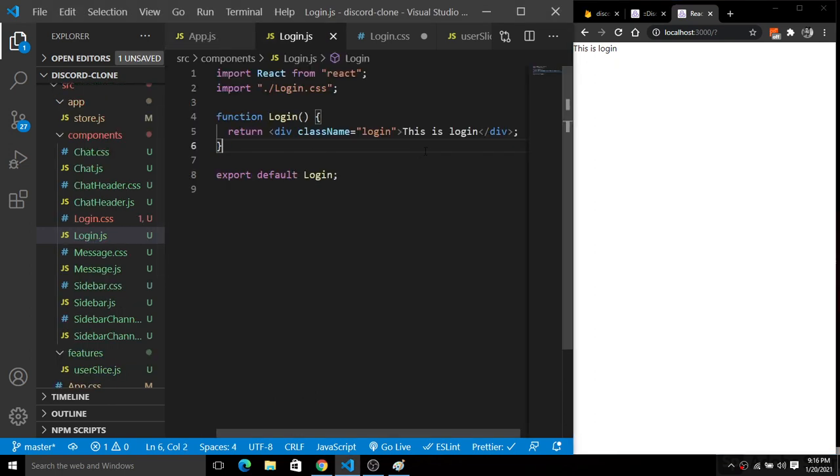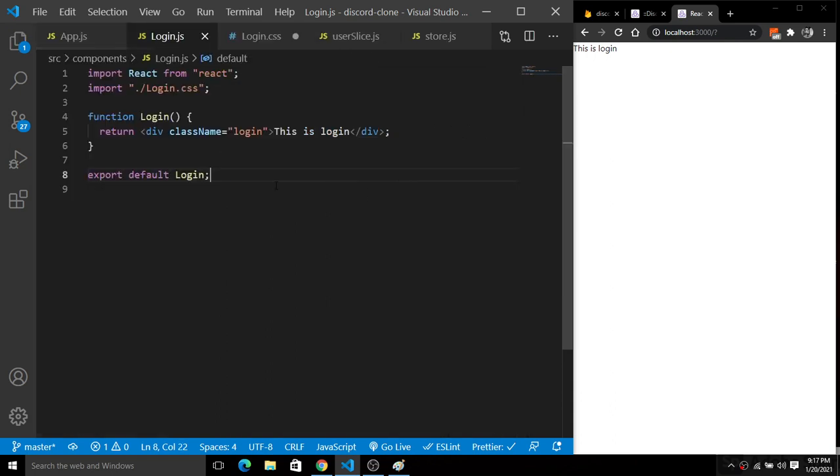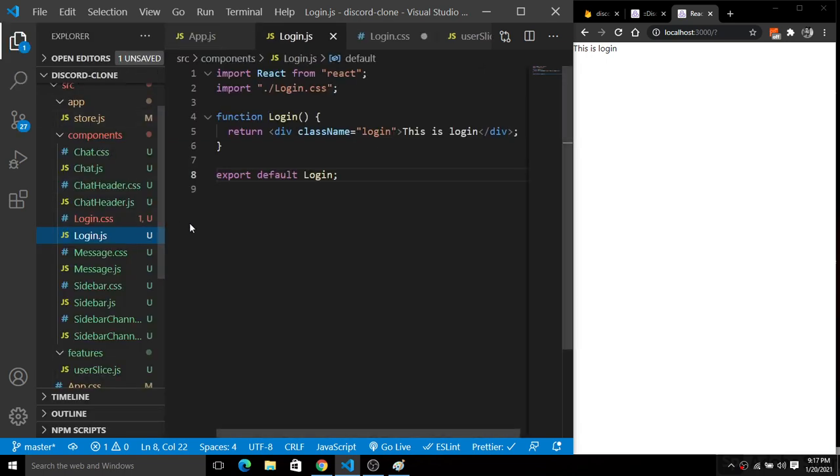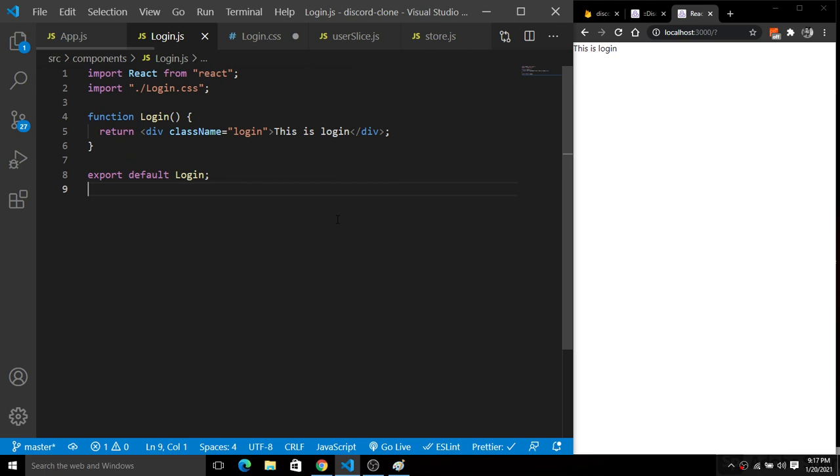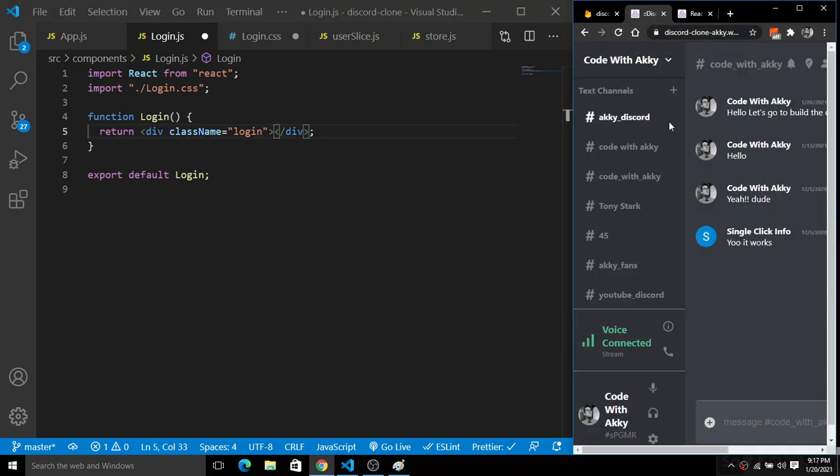So it's time to create a login page here. So get rid of this hard-coded login page here. First of all, delete this. Okay, so let's go back to the deployed version here. As you can see here, we have this avatar here, or the photo here.